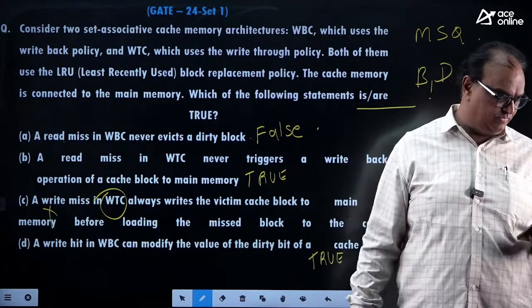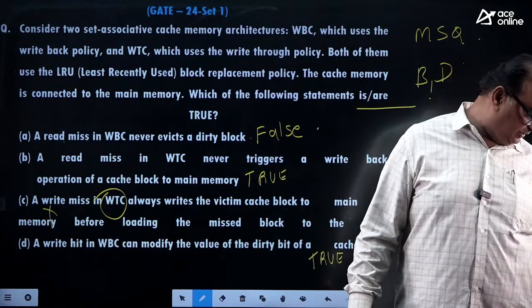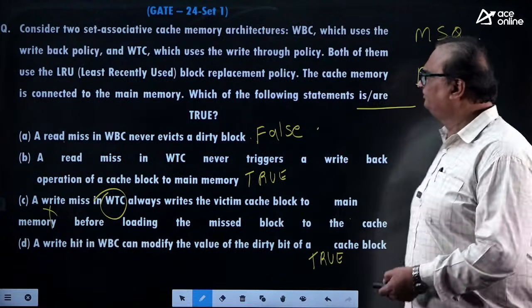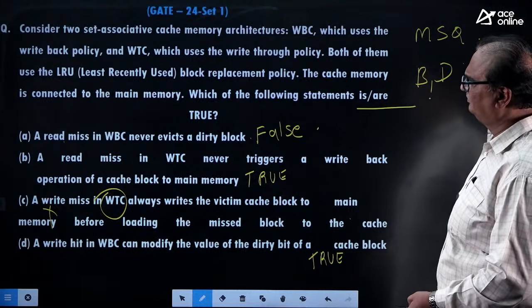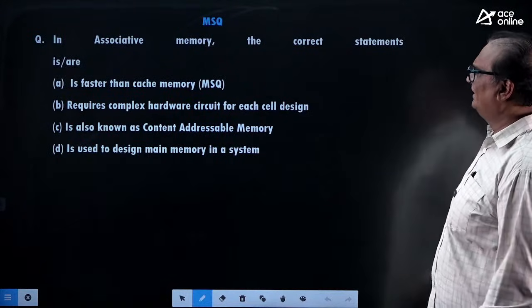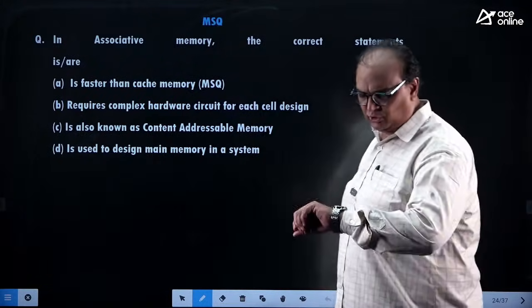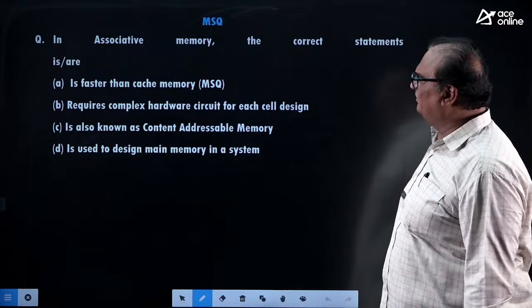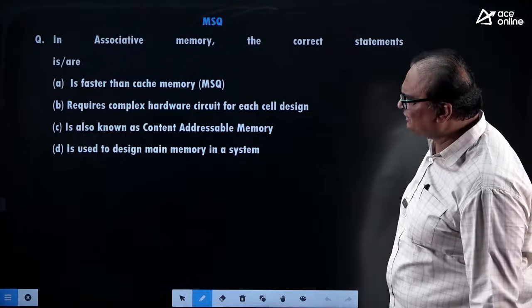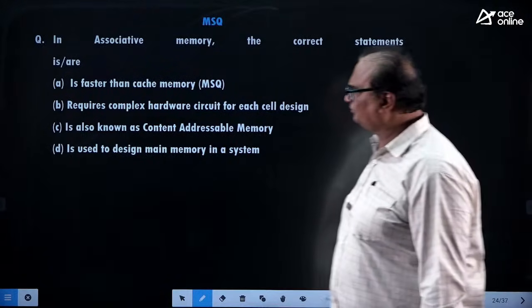Next, come to next question. MSQ question regarding associative memory. Watch the question carefully. In associative memory, the correct statements are: